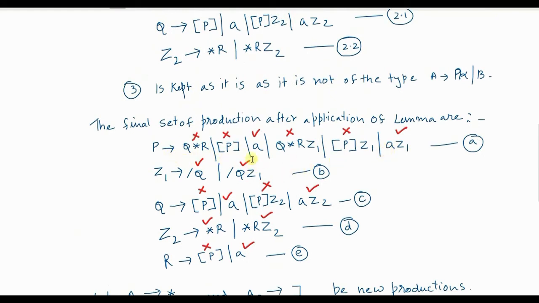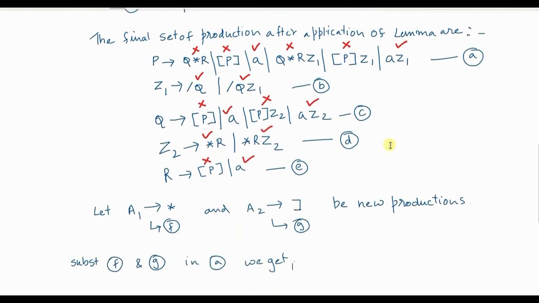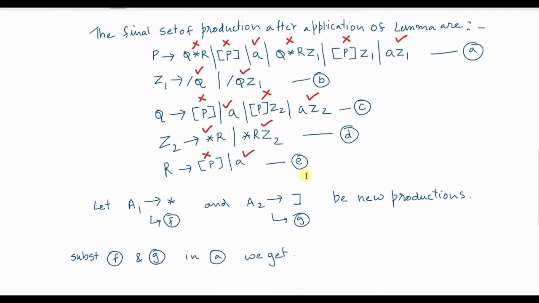Remember students that whichever term is already in GNF, don't do the replacement for those terms. Don't touch those terms. So this replacement, that is star replaced with A1 or closing bracket replaced with A2, should be done only to those terms which are not in GNF. If there is some term which is already in GNF and replacement is possible, don't replace that term. If you replace the term, again it will not be in GNF. So whichever terms are already in GNF, don't touch them. Whichever terms are not in GNF, only there you do the replacement. Okay, so when I substitute F and G wherever required in A, what will happen?